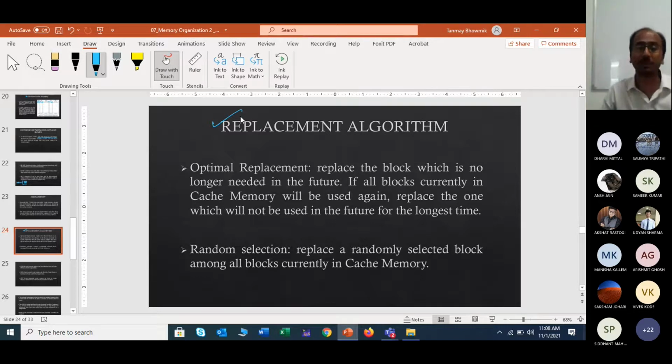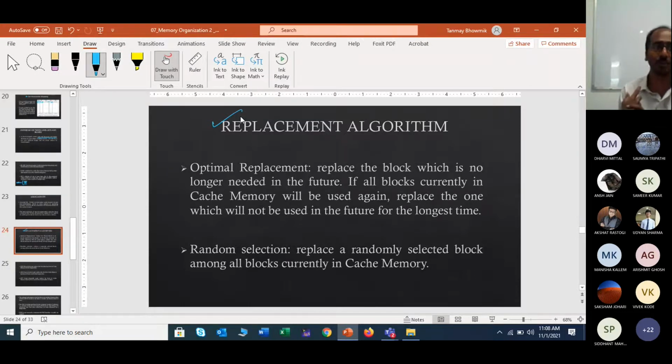The first one is optimal replacement. Optimal replacement: replace the block which is no longer required in the future. That means you have filled in a form, given that exam, and the result is also out.